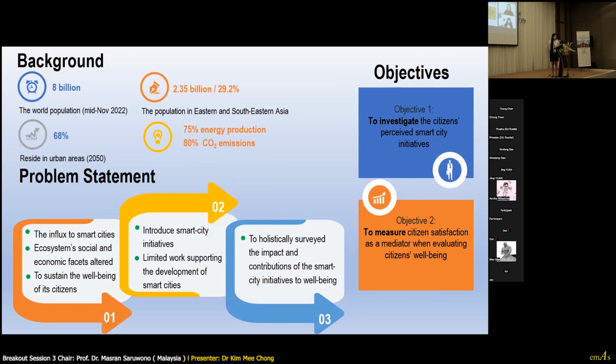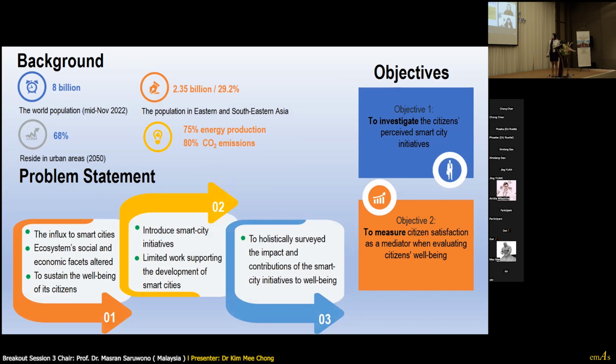Considering the inevitable changes, this study aims to investigate and evaluate a scale that assesses whether citizens' well-being is promoted by developing a smart city consistent with SDG 3 on good health and well-being and SDG 11 on sustainable cities and communities. Specifically, this study aims to identify the factors that influence citizens' well-being and to examine the mediator effect of citizen satisfaction between smart public service, perceived smart infrastructure, perceived smart environment protection, and well-being in smart cities, comparing the situation in Malaysia and China.